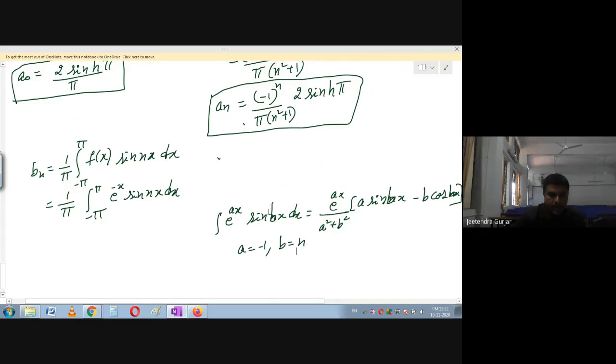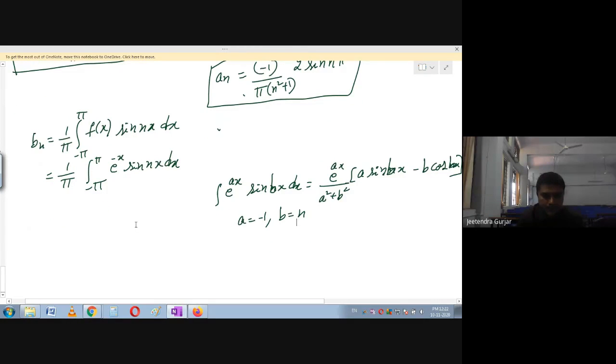Okay, so now substitute here. a is equal to minus 1, b is equal to n. So now you can see the value I am going to get here. So substitute the value, friends. This is equal to